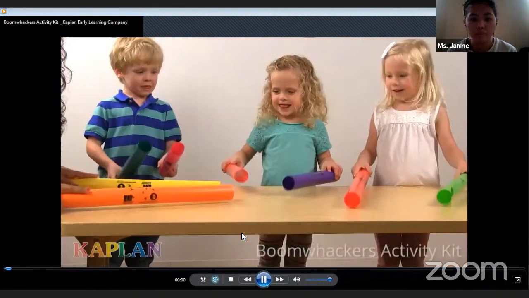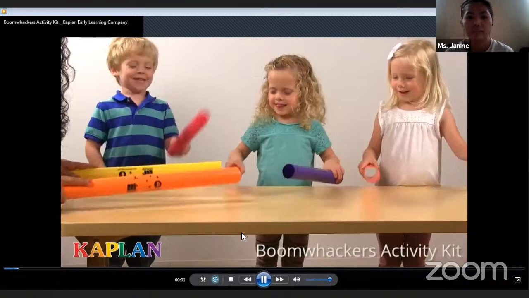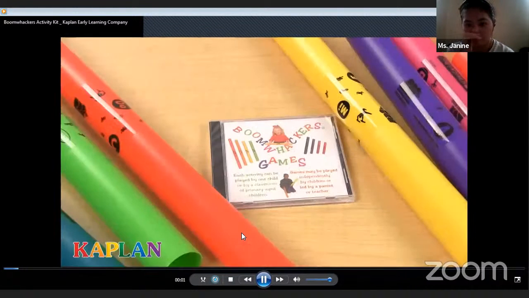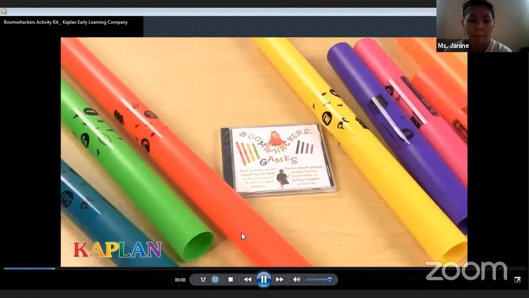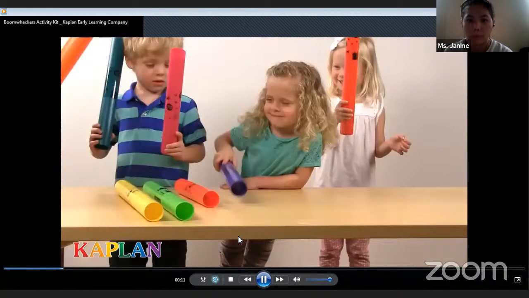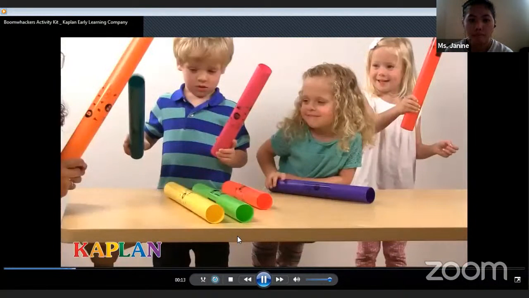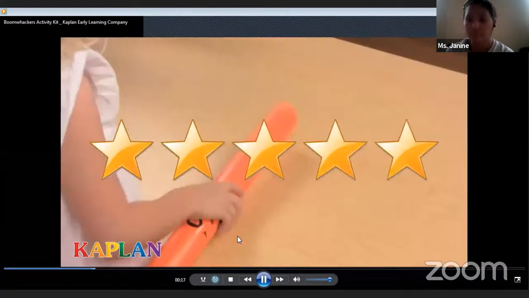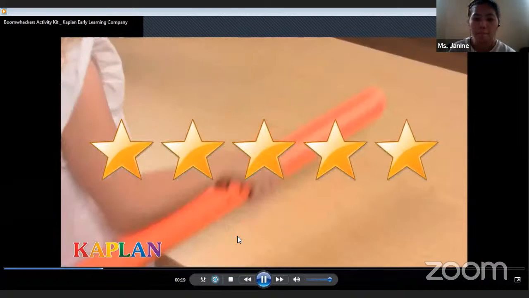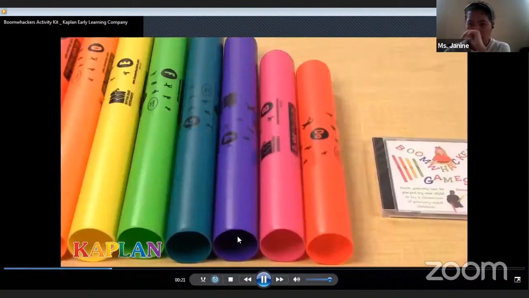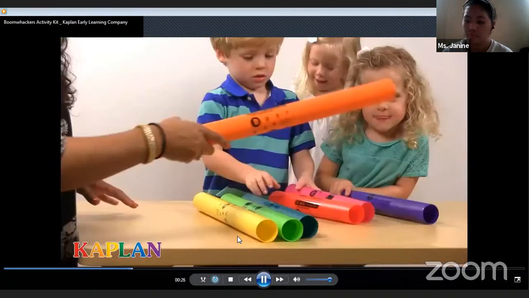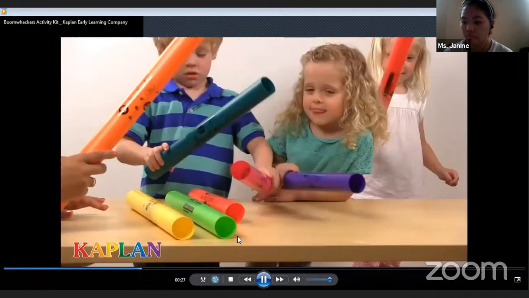For the love of music, it's time to boom, whack, and dance with the exclusive Boomwhackers activity kit from Kaplan Early Learning Company. Turn your classroom into boomwhacking fun as children ages 3 years and up blast off exploring music and movement. Rated 5 stars by early childhood educators, the Boomwhackers activity kit is sure to be a classroom favorite as children explore concepts of tone and sound while playing with the 8 tuned percussion tubes.